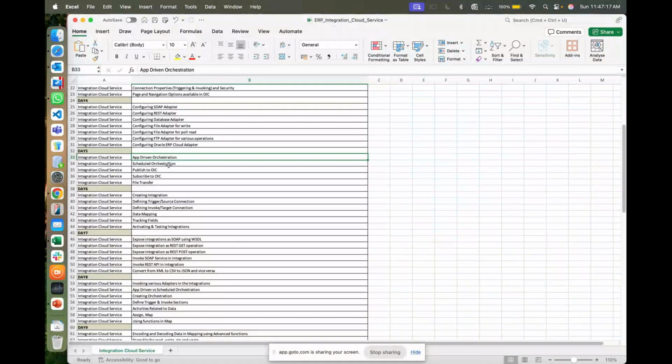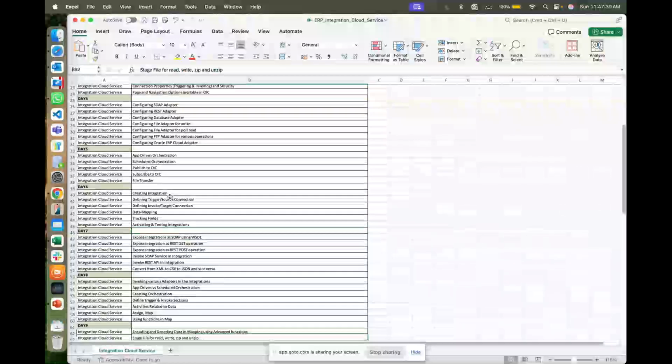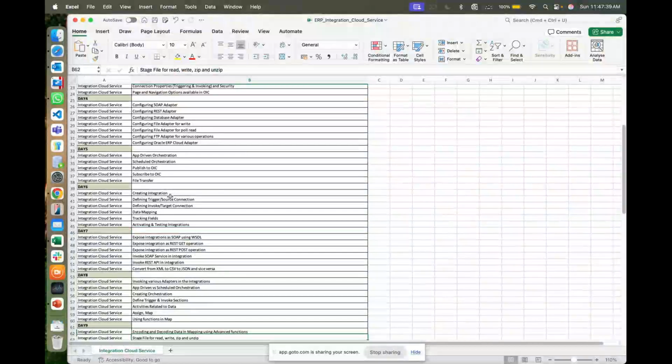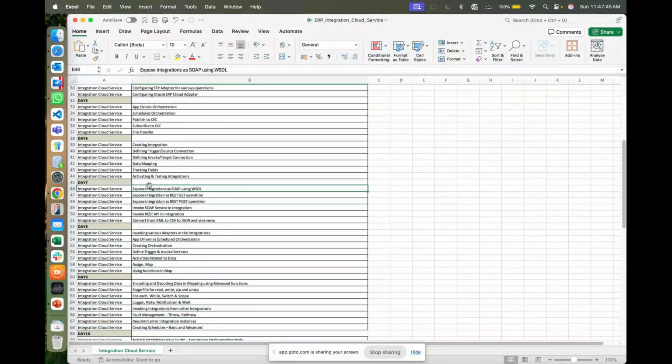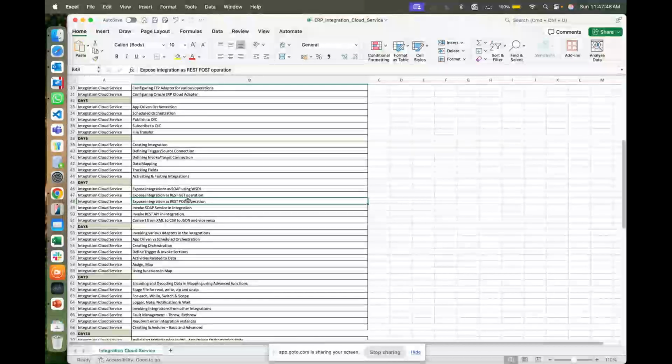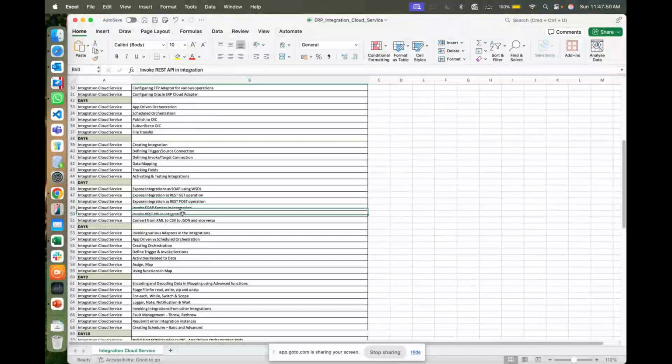And so we are going to create small integrations by using the trigger and source connections, trigger and invoke connections. We are going to use the data mapping, and we are going to show you the different types of data mappings available, what the tracking fields are and the purpose of them, and activating and testing the integration. Those things we're going to cover. Here it is designed in such a way that first you need to understand each and every concept which is available in integration. Once you are familiar with them, it's very easy for you to apply them in the actual integration which you are going to start. For example, if you see here,